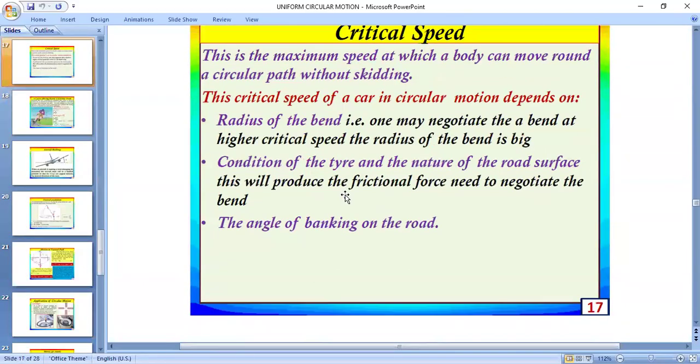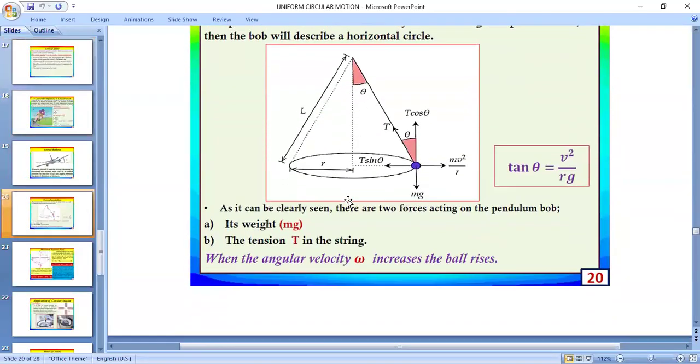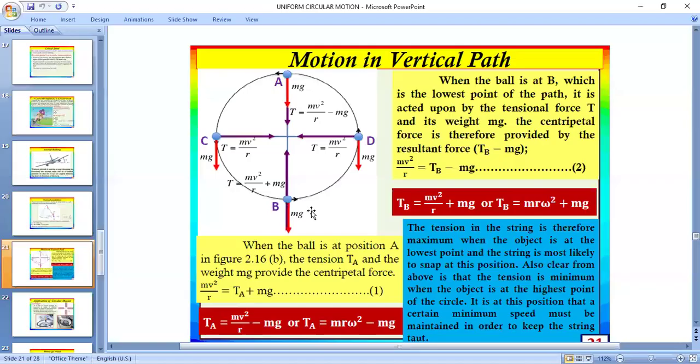So back here on vertical motion, somebody could be asked